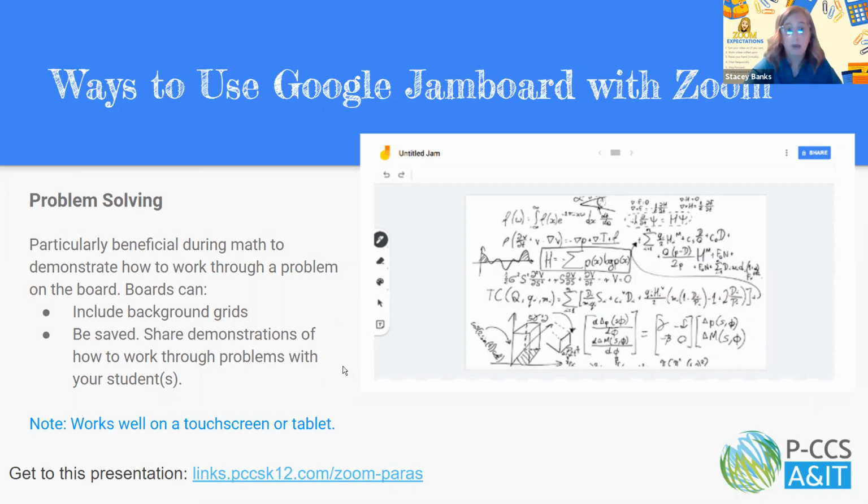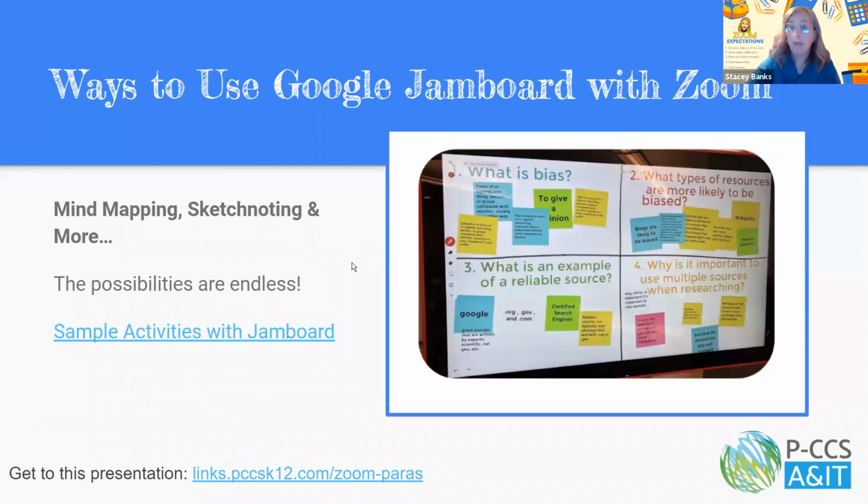So like graph paper, it's a little less easy on the trackpad, but you can do writing. And so you could work through problems. You can use it for mind mapping. So there are ways to put in sticky notes. If you're trying to brainstorm an activity or do something,